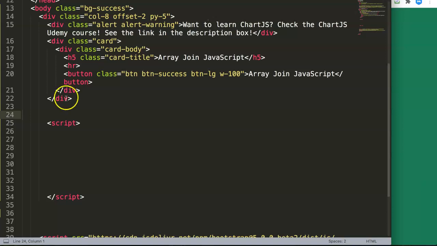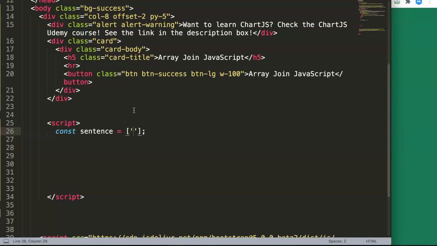Alright, let's explore here what we can do. The first thing that we have to do here is create an array. What we want to do is convert an existing array into a string value. So we say constant, and then let's say sentence, and this sentence is an array,